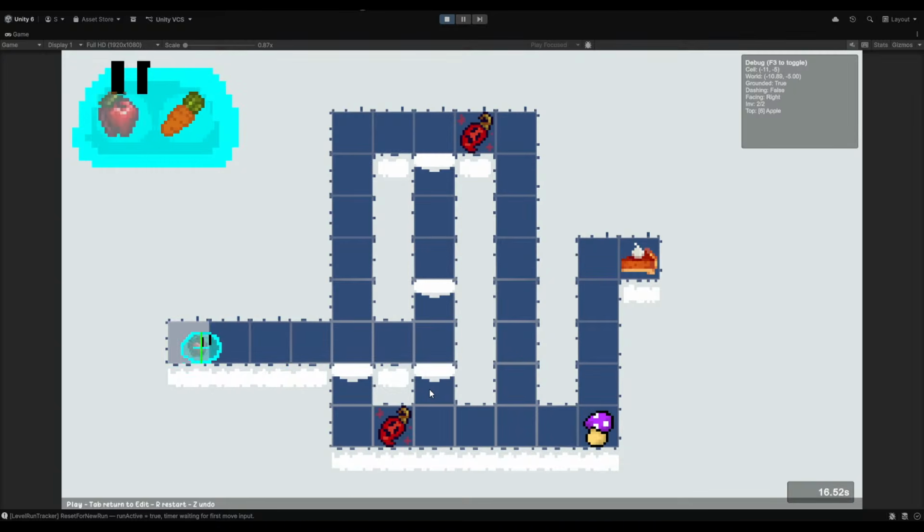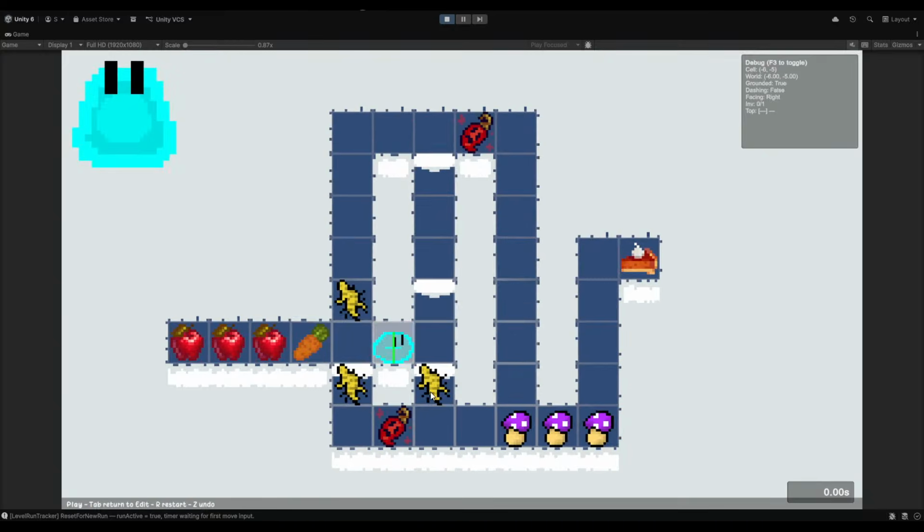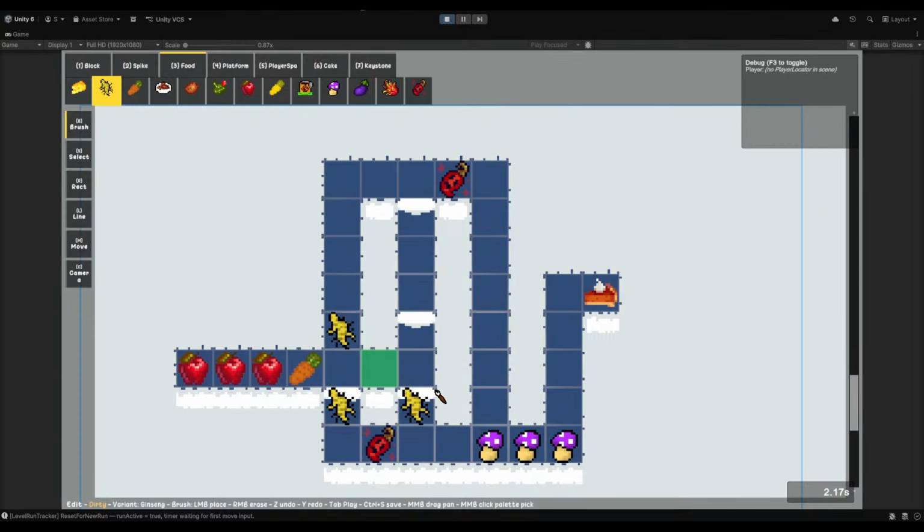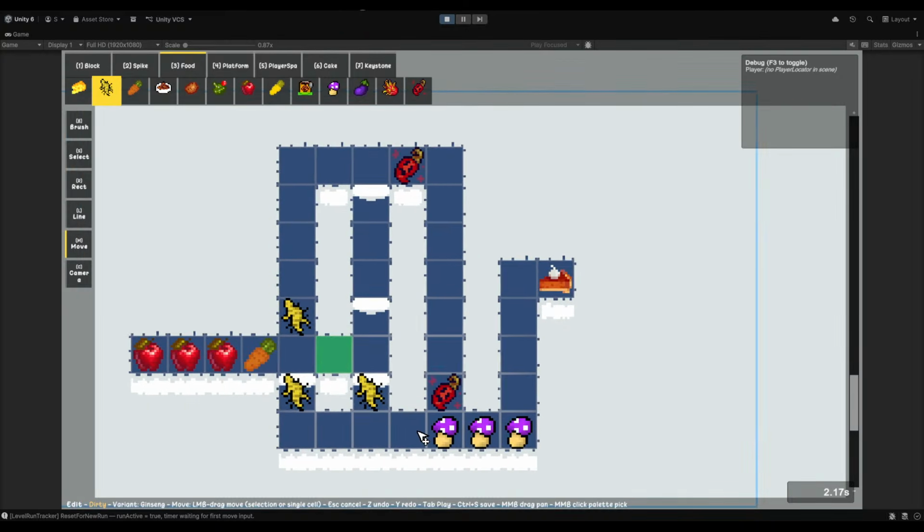And I don't think we can really limit that without spamming spikes, which I don't want players to have to do. Oh, unless we put this here. If we put that there, then they can't eat it on the way down.